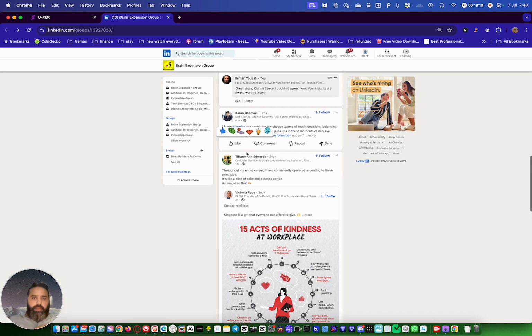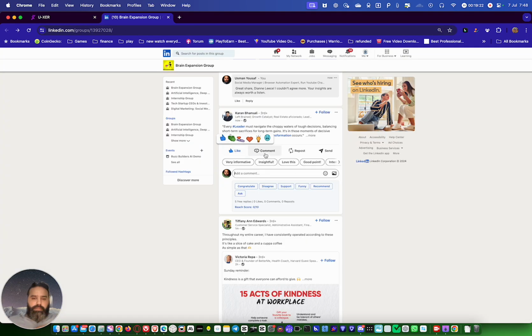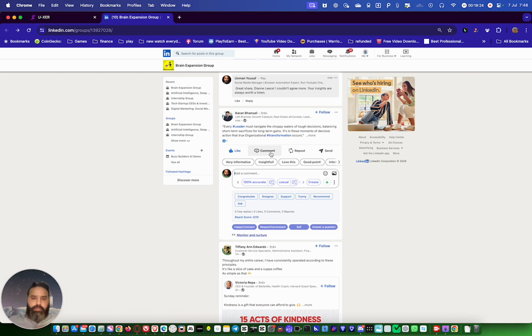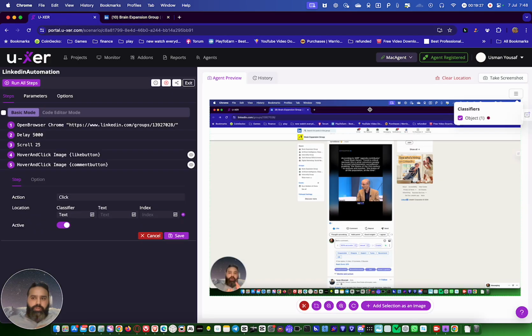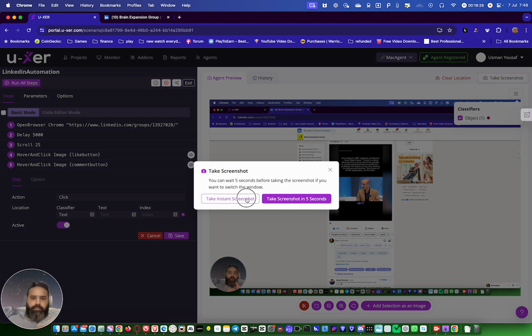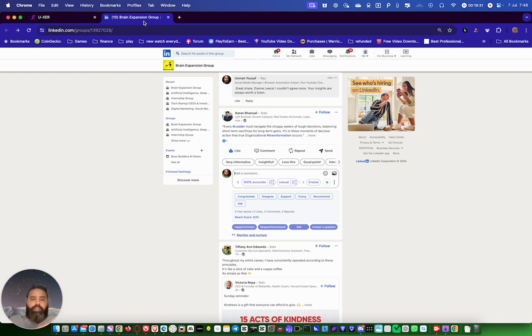Like, let's suppose we go to like, then it goes to comment, and now we take a new screenshot. Even if you use that take instant screenshot, it's not very fast. It still takes like 3-4 seconds to do it.